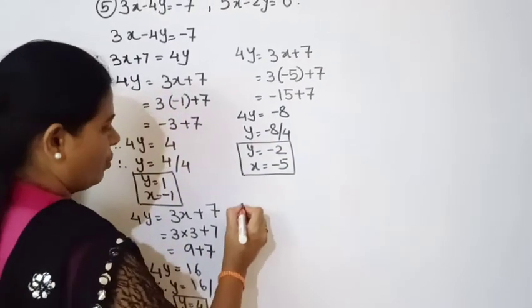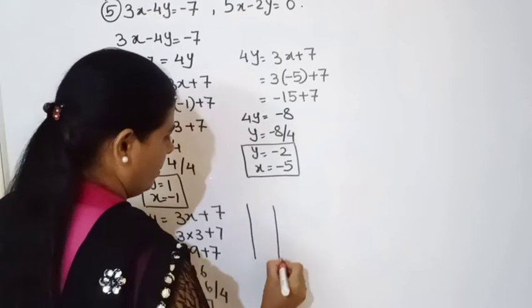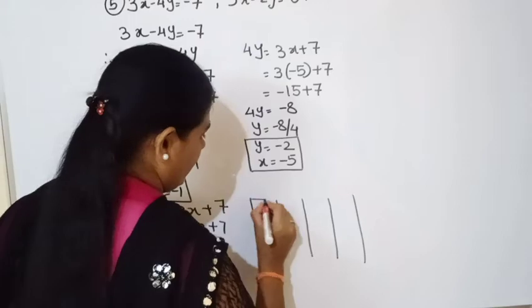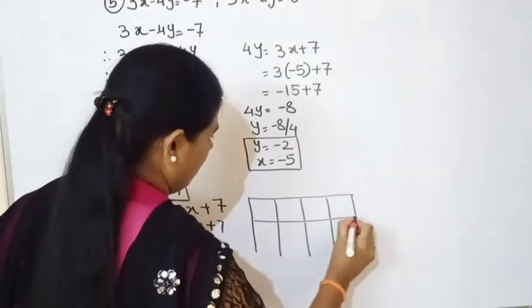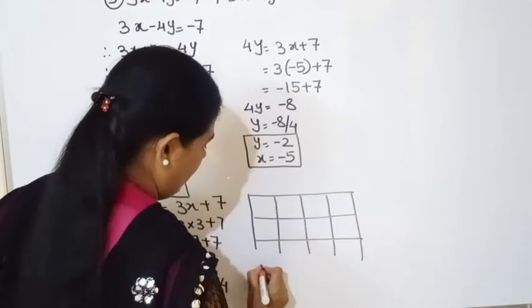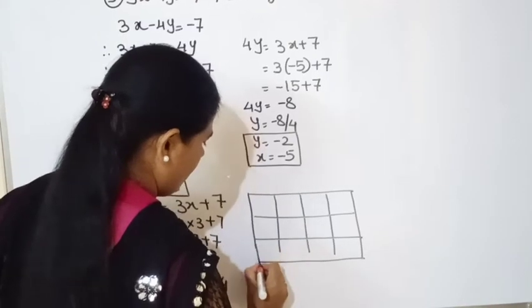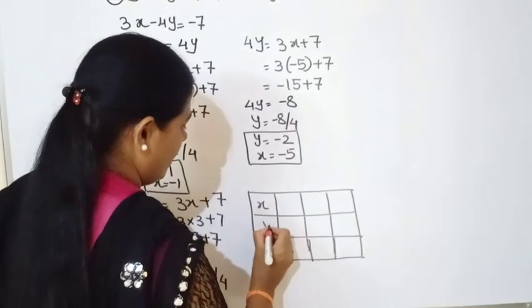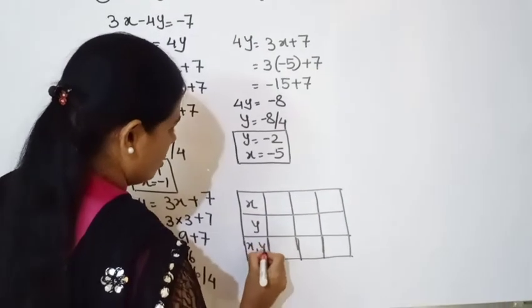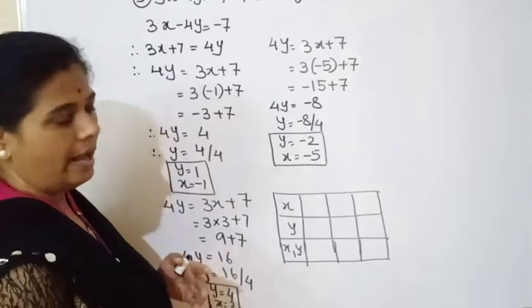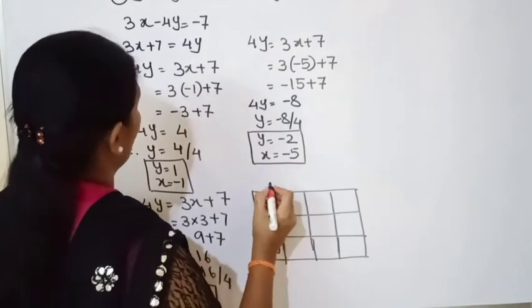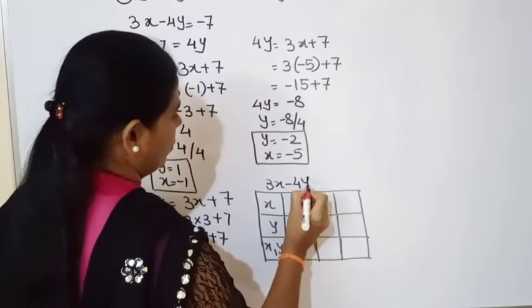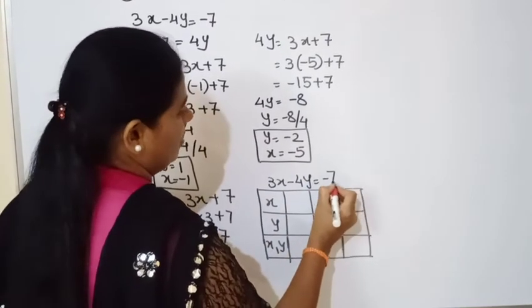Okay. Now what we have to do? We have to draw the table, draw the 4 columns and write the coordinates of x and y. Don't forget to draw the table even in the exam. Many times the students, they just find the points and they directly draw the graph. So if you will not draw the table, again your marks will be reduced. So be careful, you don't have to do such kind of silly mistakes.